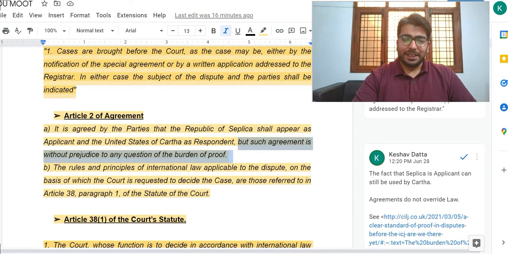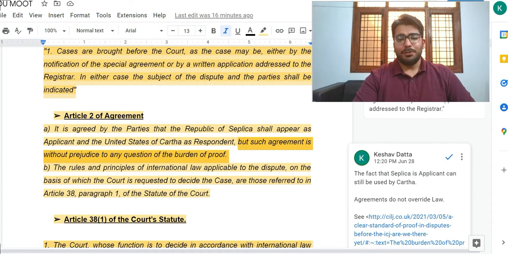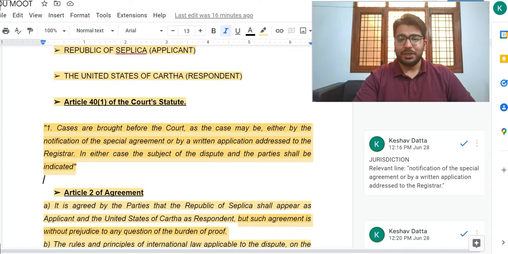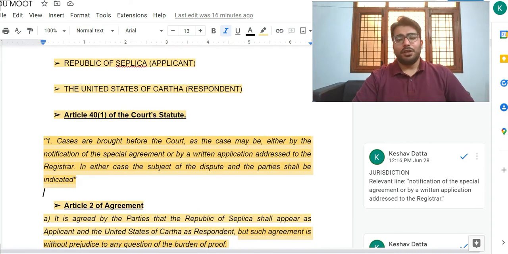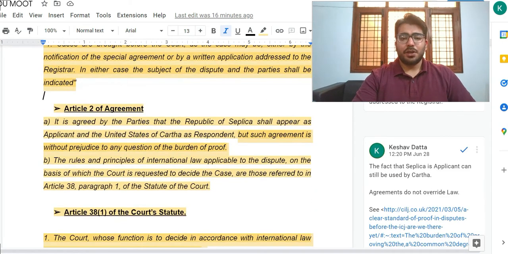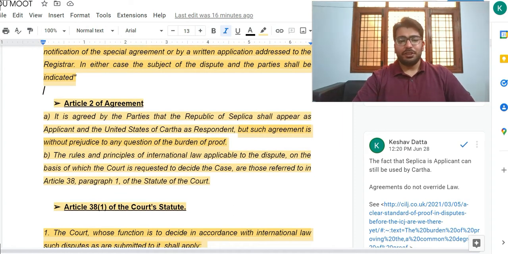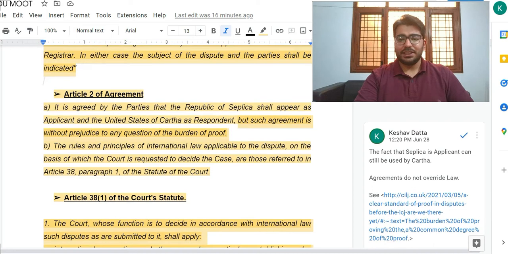Now it is a very important line because normally, if somebody is an applicant or a petitioner, then the burden of proof, as you may know, is originally on the plaintiff or the applicant, and he has to prove whatever he or she intends to prove, and only when the burden of proof is shifted does the respondent's liability increase. Right, so that is a general law.